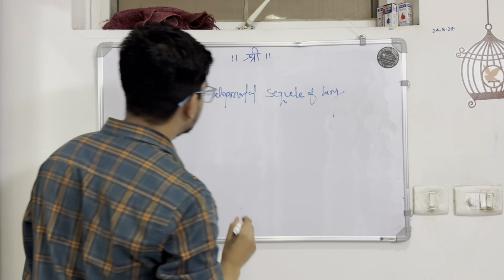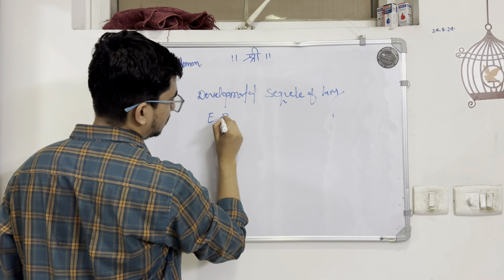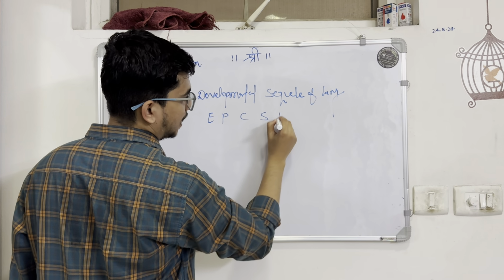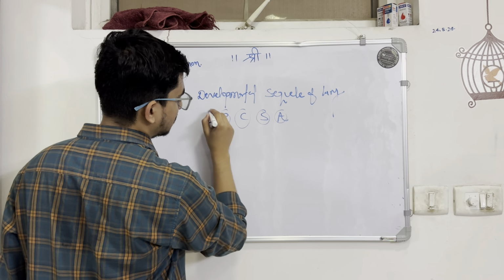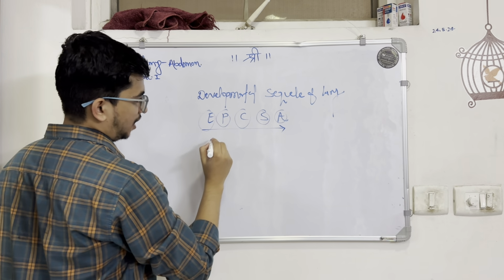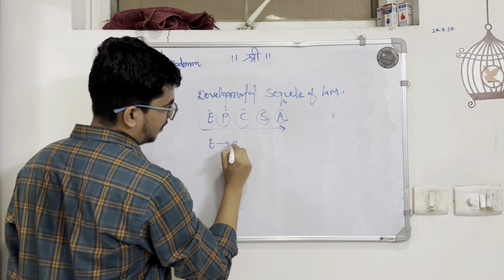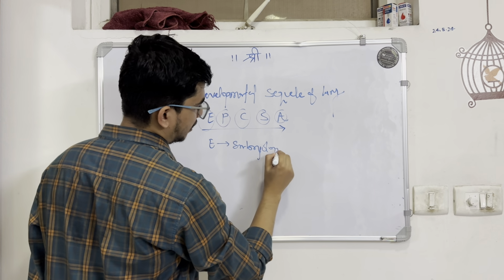You can remember this by a simple trick, that is EPCSA. In competitive exams they ask the sequence like this: E for embryological development,